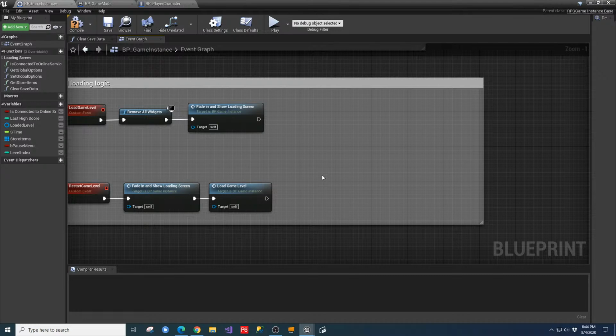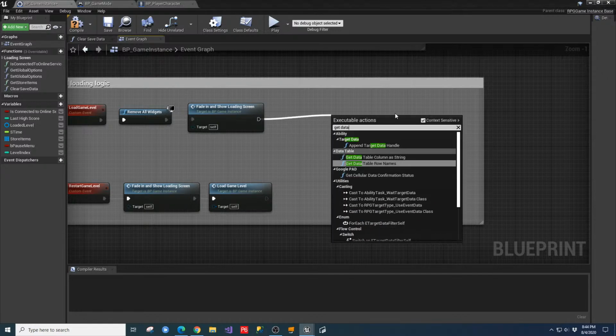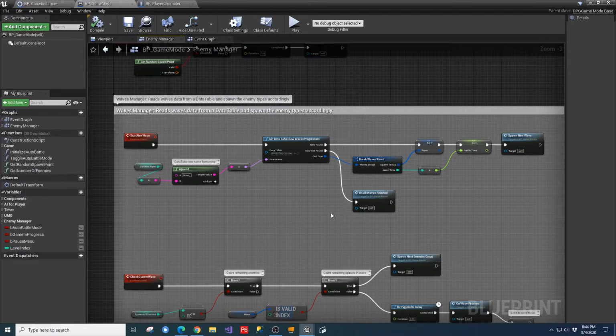Coming out of here, what we want to do is try to get that data table row. So we're going to say get data table row name. Or actually, let me show you another way. Let's go back up to our game mode over here for our enemy manager. Since we're basically duplicating this section, I'm going to grab this, because it's the same thing except we're going to change this variable. Let's highlight these,